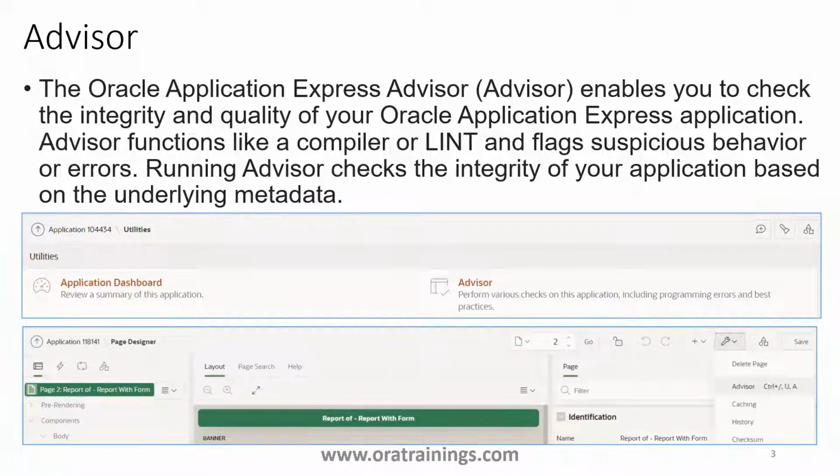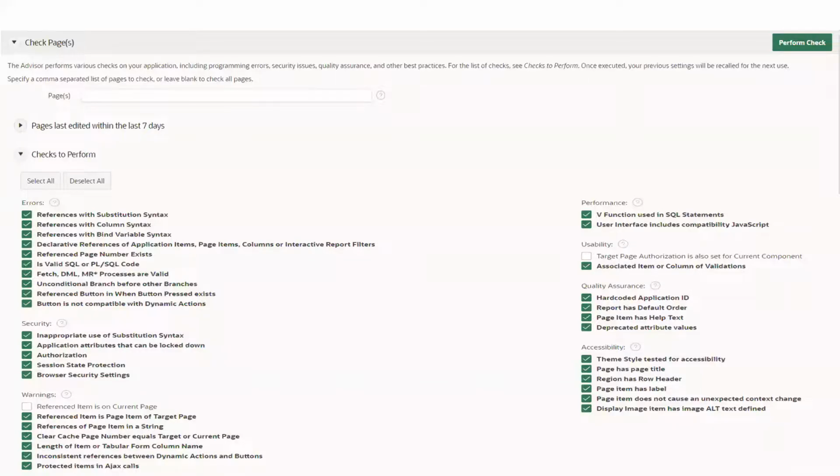Once you navigate to the Advisor, this is how it looks. By default, if you're running from the application, it will not assign any page number. But if you're running the Advisor from the page designer, it will assign the page number. And these are the list of checks you can enable. If you don't want all these functionalities to be checked on the page, you can uncheck them and click on Perform Check. Once you click on Perform Check, it provides the result of the Advisor